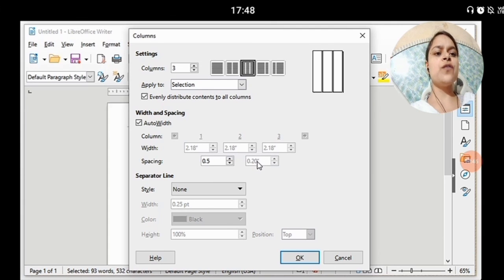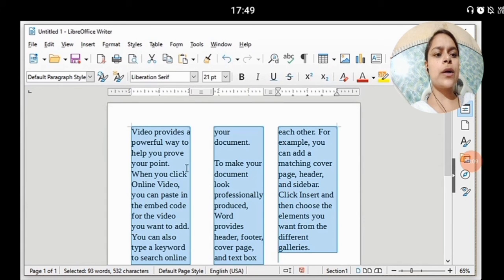Because auto width is on. For it, you will first turn off auto width. After that, you will provide spacing. You can see now it is working. You can change the spacing, like I provide 0.8 between first and second. Now you will click on the OK button.